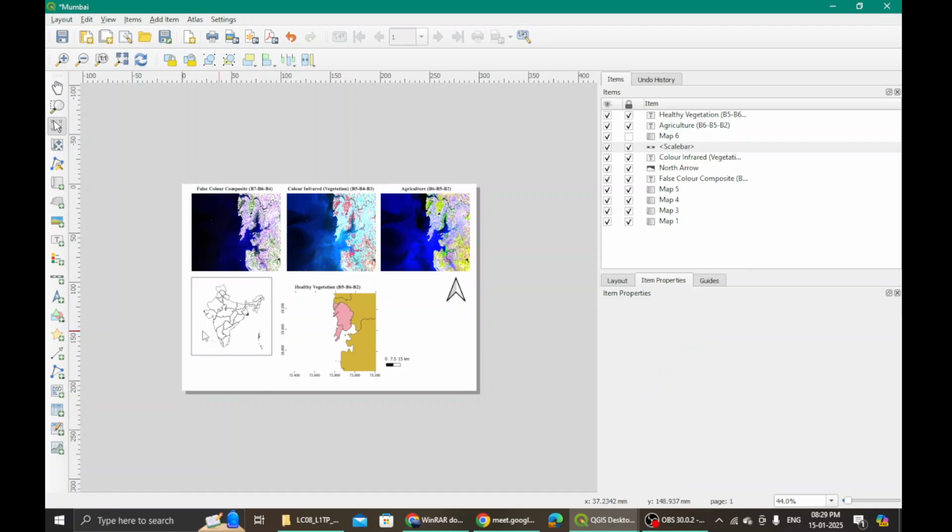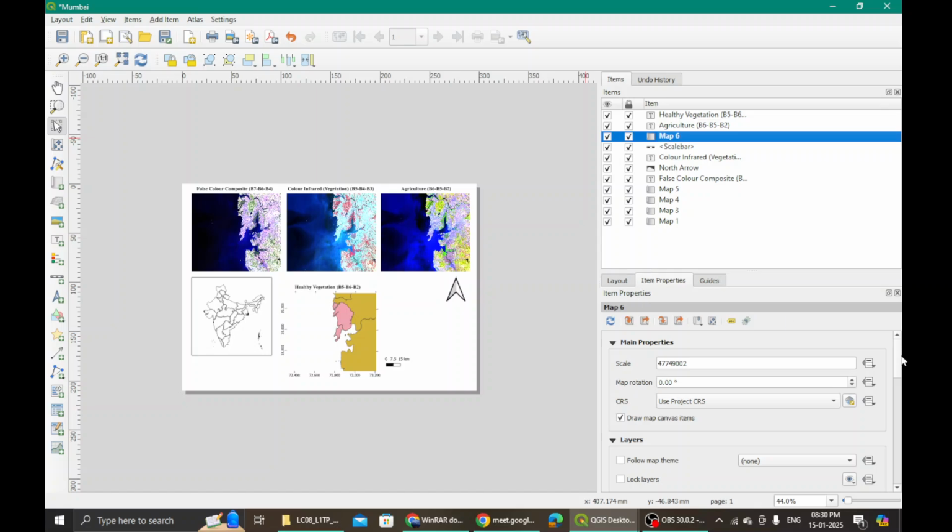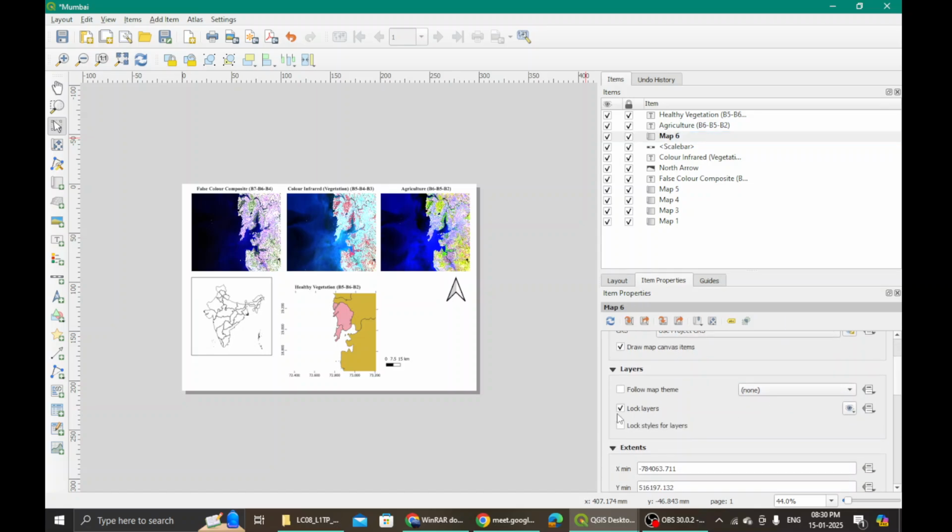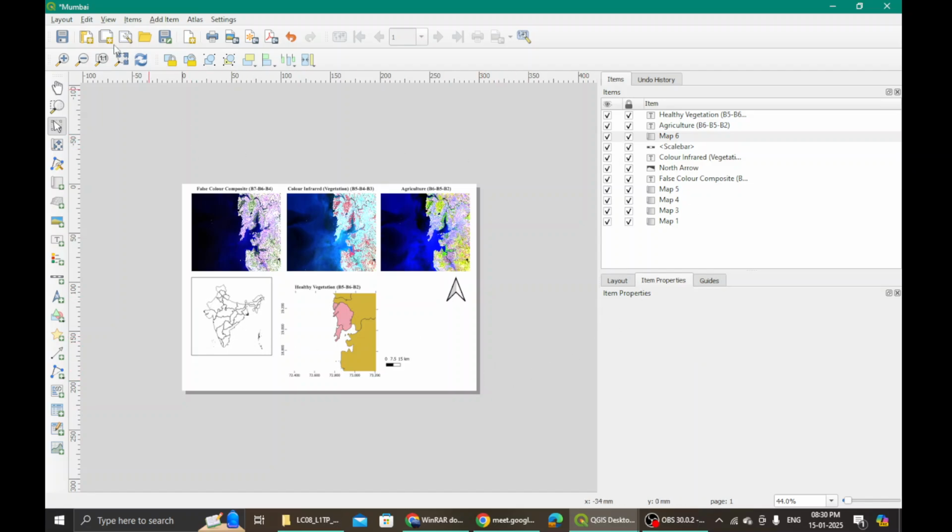Good enough. Okay. If you want to make more changes, definitely go ahead and do that. Okay, let me add another map, and before that let me just lock this particular map. That is map 6. Map 6, I will lock it here also. Okay. Then next, what do?